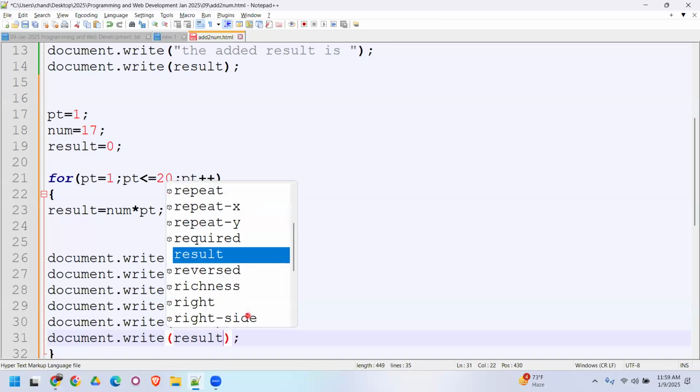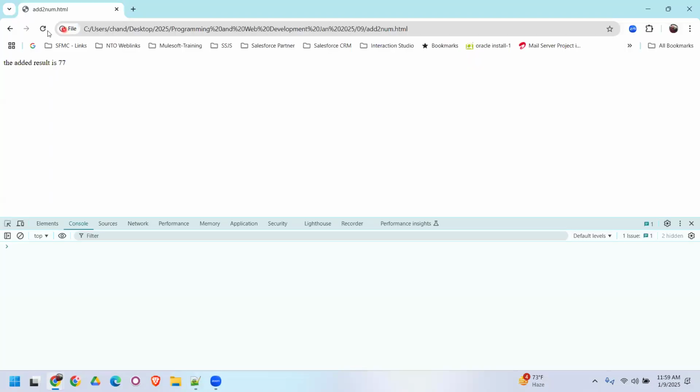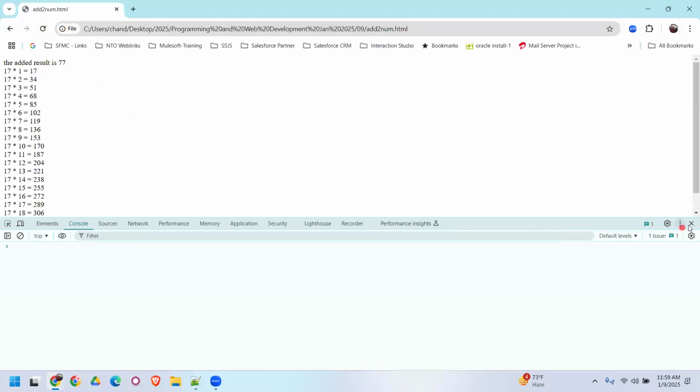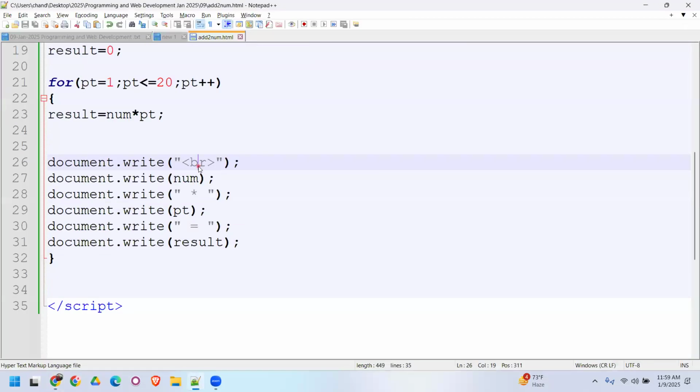Okay, let's see the output of 17 table. Okay. 17 1 to 17, 72 up to 20. Then this is new line, number, PT is 1, 2, 3, 4, 5, this one. So if I want it to be 10,